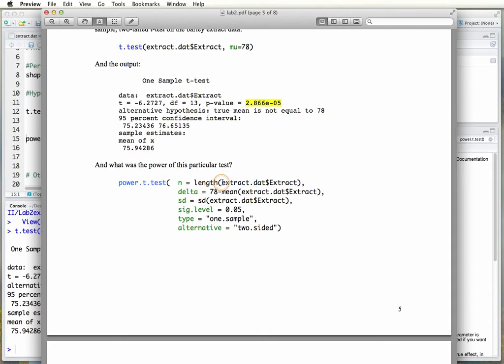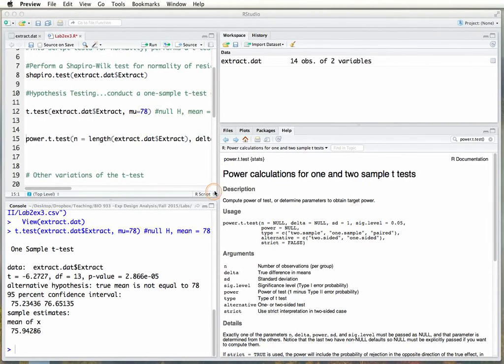That's going to give me the number 14. My detection difference, if I have a null hypothesis of 78, the detection difference is just the difference between that null hypothesis and the mean of my sample. Similarly, I can specify the standard deviation of my sample by applying the standard deviation function to the extract values in my data set. I can set my significance level. This is my type 1 error rate of 5%. It's a 1 sample test, and it's a 2-sided test. If you specify all that, and that's what's happening in the script here,